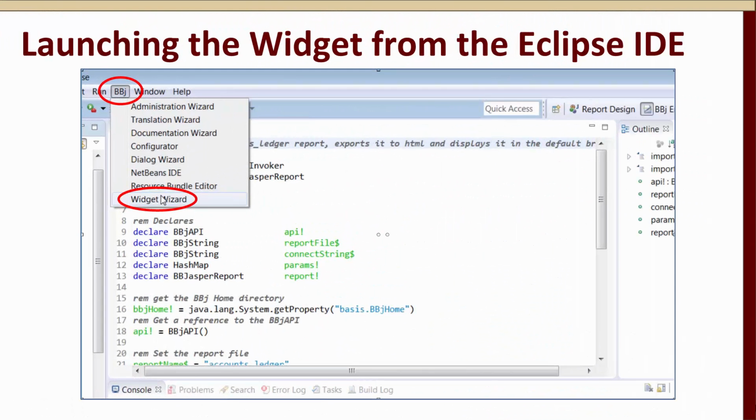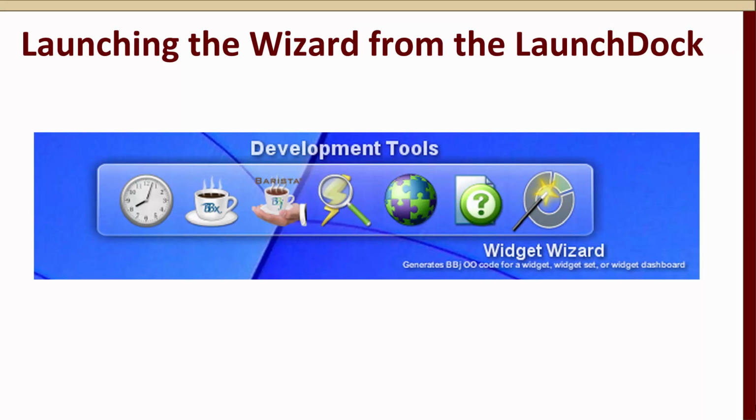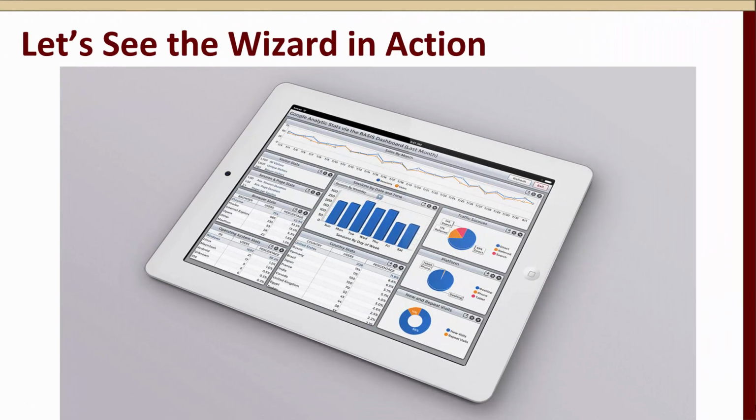So where do you find the Widget Wizard? From the Eclipse IDE, selecting BBJ, you'll see a new menu item at the bottom, Widget Wizard. Or from the launch dock that's included with the download, as long as you've checked demos, you'll see the option under Development Tools for Widget Wizard. So let's see the Widget Wizard in action. We'll have a look at this in some detail, and I'll hand off to Brian Hippel now to take us